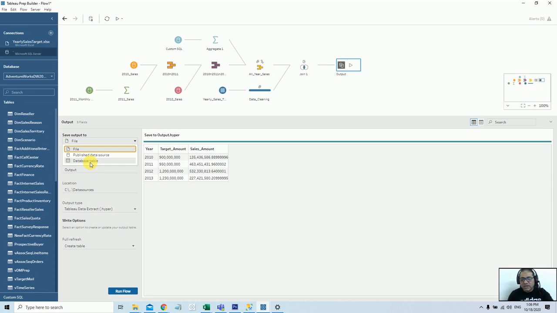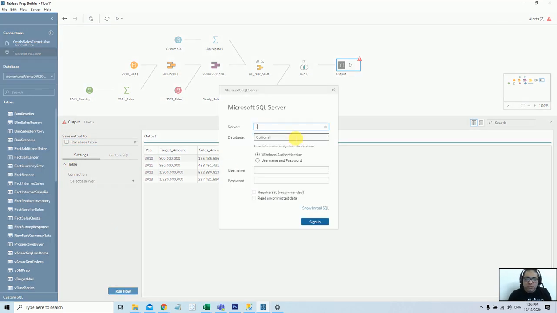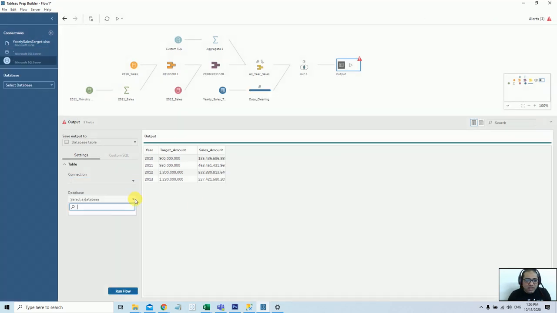So I will select a database table this time, and it asks you where you want to publish it. You can even write a custom SQL and get the result of it, and you can just select a specific data source. So let me choose this SQL Server here. Same SQL, same connection, I will use it. And if you already have a table name, you can do a truncate load as well. If you do not have it, you can just create a table, select a database. I just select a demo database. You can choose a table specifically if you already have. Let me choose this table, or let me create it first of all.